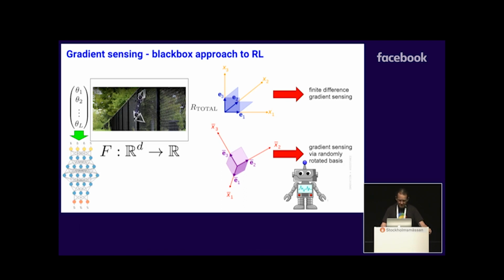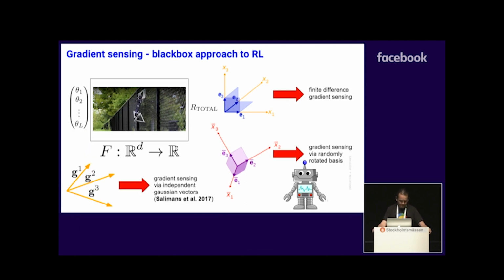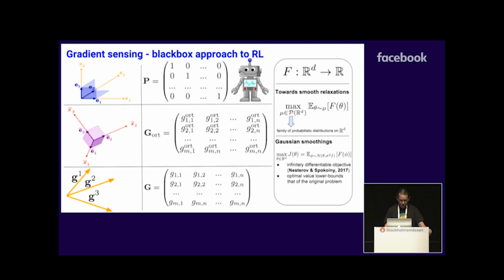And it's somehow related to the paper that was introduced a couple of years ago when guys from OpenAI proposed to use Gaussian directions as perturbations to approximate the gradient. However, what we really want to focus on here is the orthogonality, because by assuming that the directions are pairwise orthogonal, we can actually reduce the variance of the gradient estimator, and that's the key point to get better quality sensing.